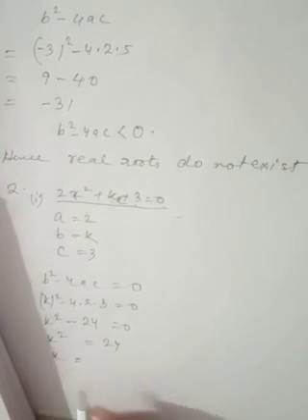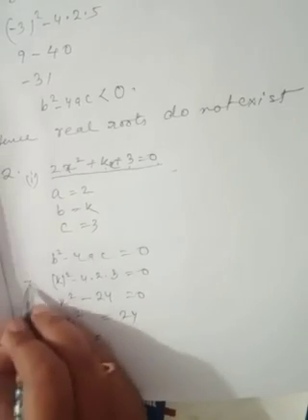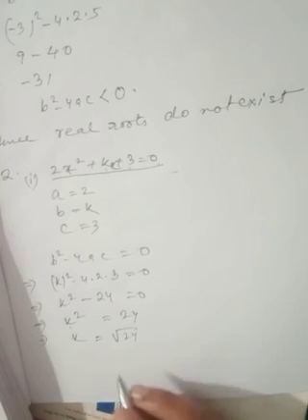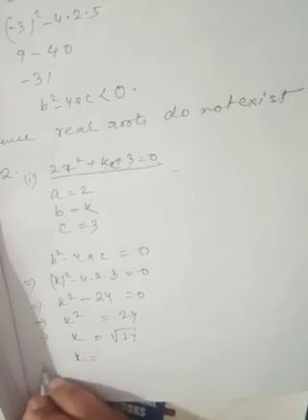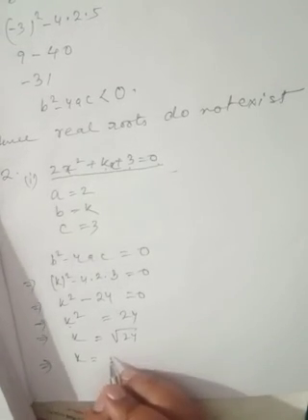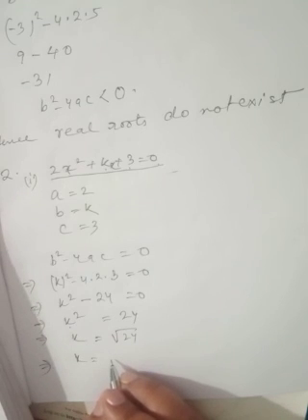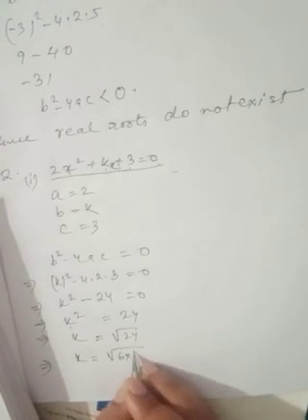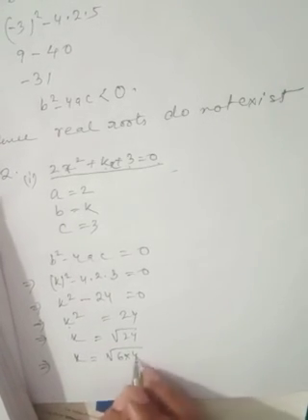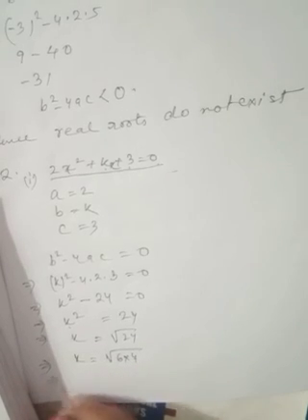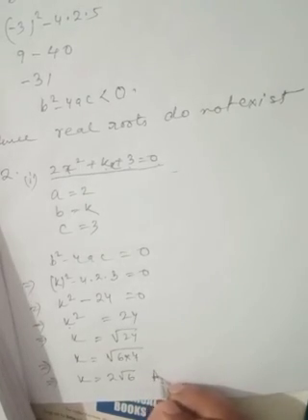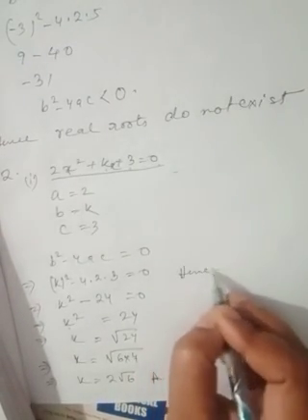That means k is equal to, square rooting both the sides, we will get k is equal to root over 24. Root over 24 means 6 4s are 24. So here 6 into 4, 6 4s are 24. 4 is the complete square number. So 2 root 6 is the answer. So hence the value